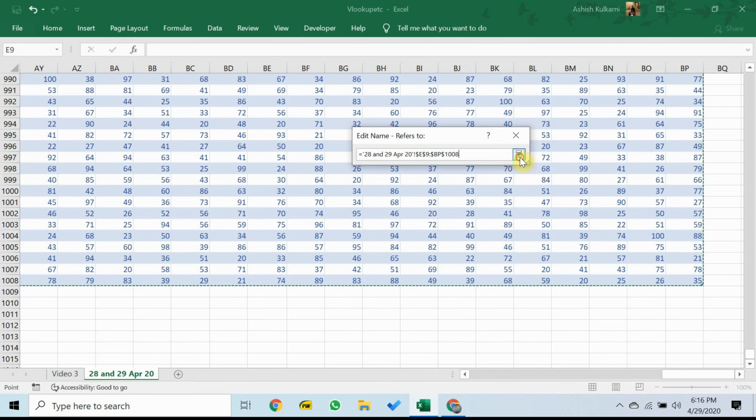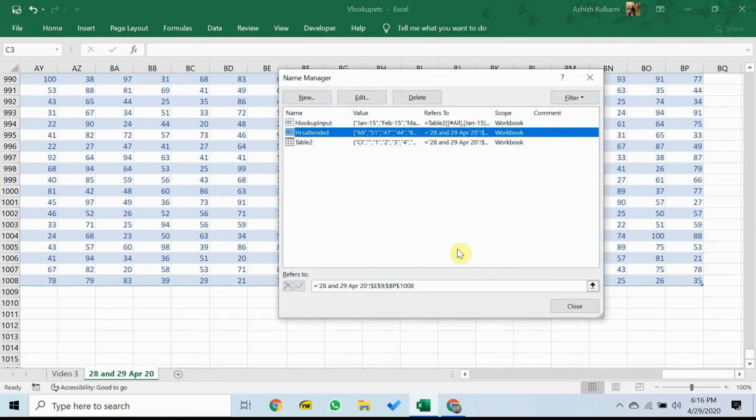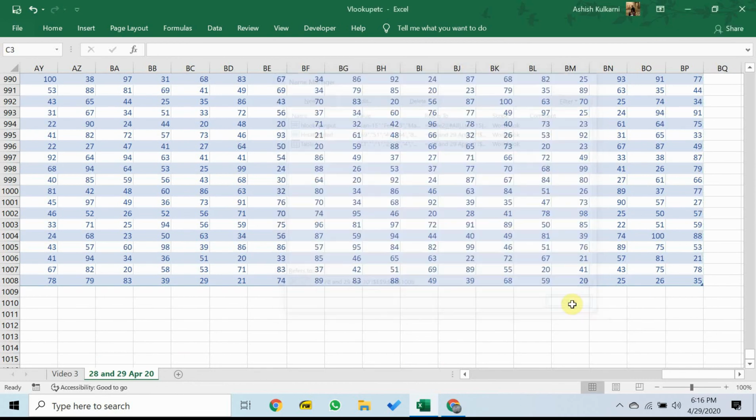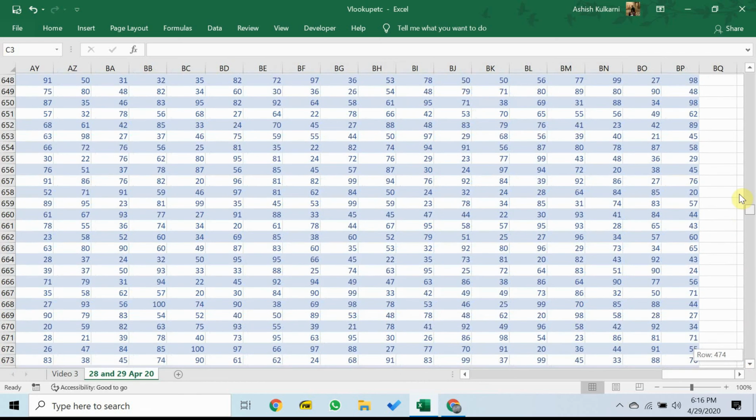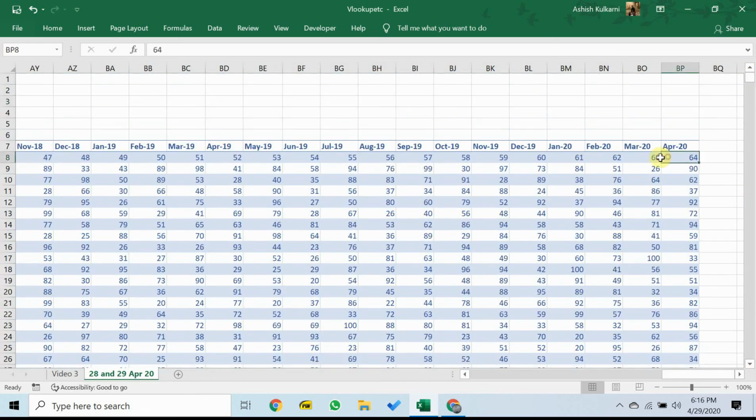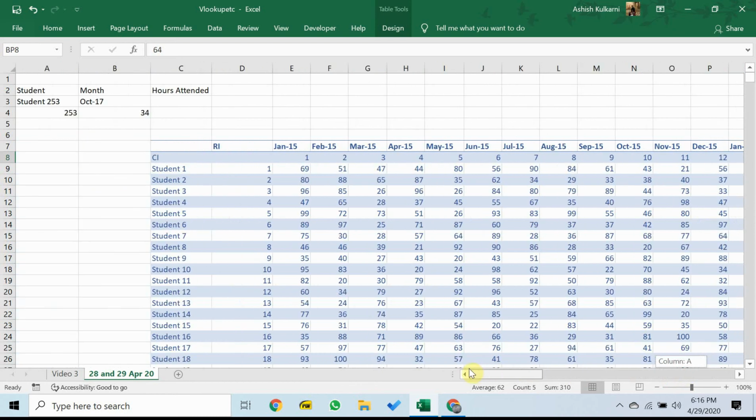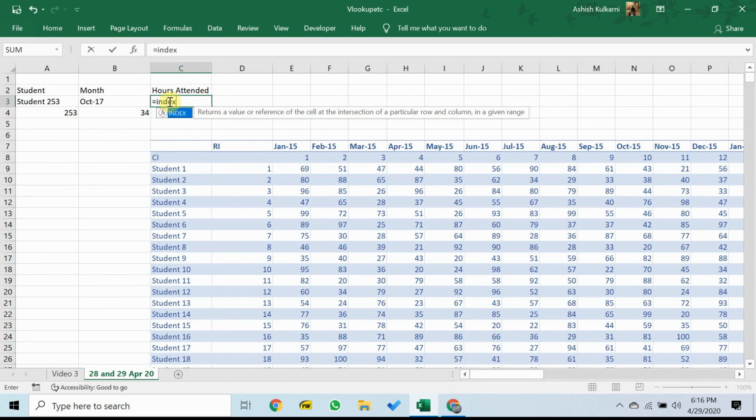Cool. The reason we needed to amend this is because we had that initial row inserted for row index. This particular row. Because of this, the hours attended table array would have ended up being a little bit off. But now we go to index,